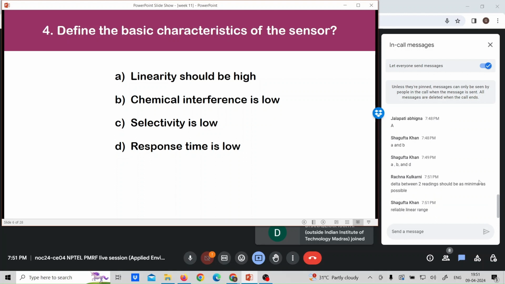Our measurement should be consistent and reliable over a linear range. The delta between two readings should be as minimal as possible. So our data should be consistent. It's not like we get one result one time and some other result the other time. It should be